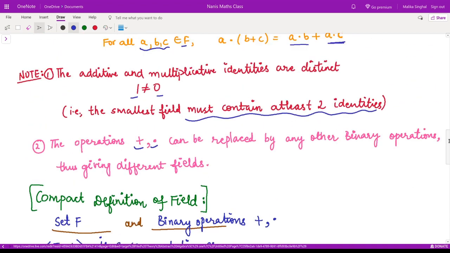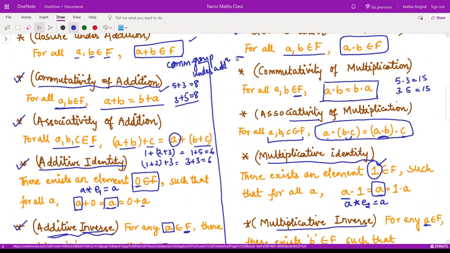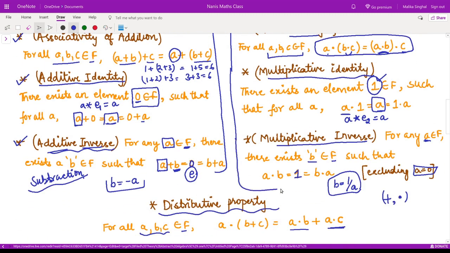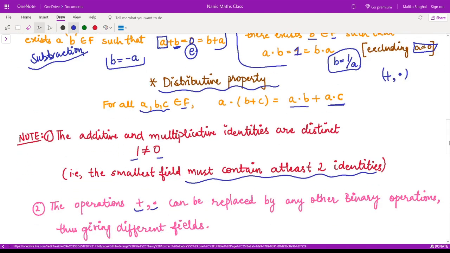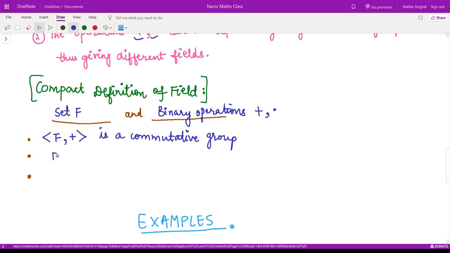Moreover, if you have a look again at these properties, this portion, commutativity for multiplication, associativity for multiplication, multiplicative identity and multiplicative inverse, they form a group under multiplication, right? So I can say F together with the operation multiplication is also a commutative group